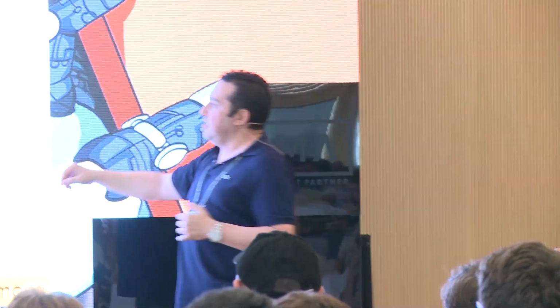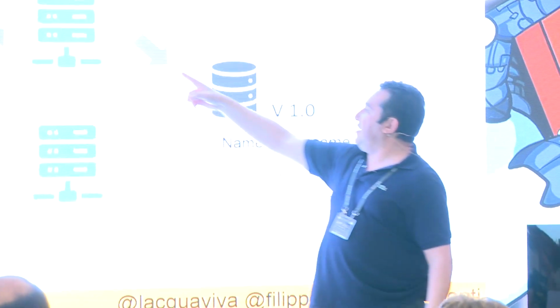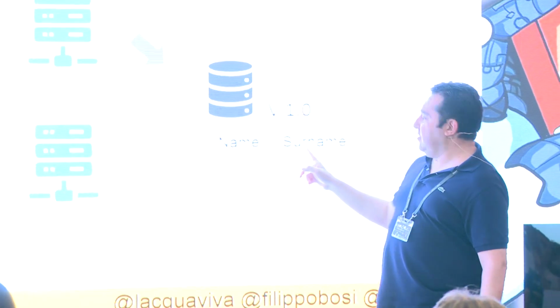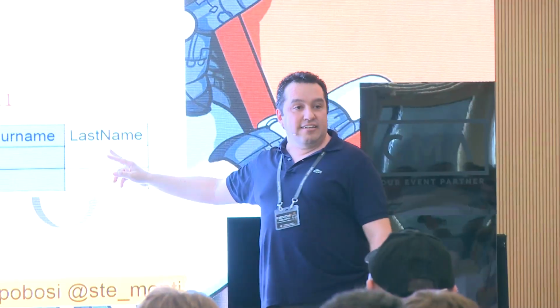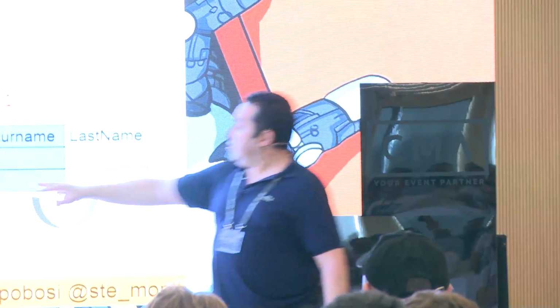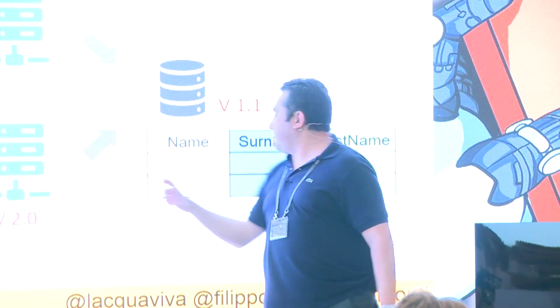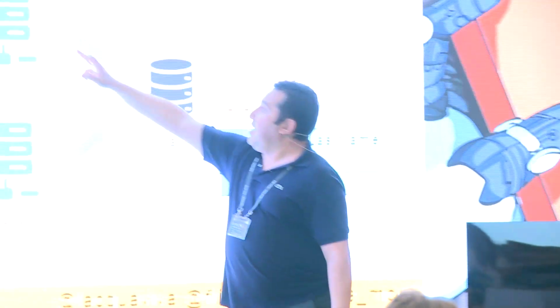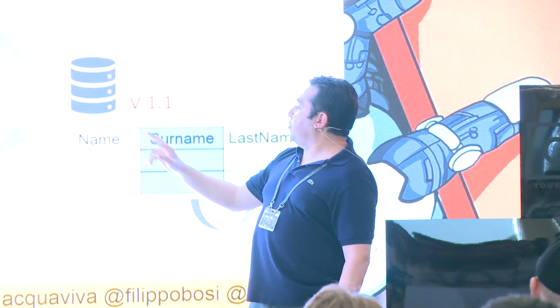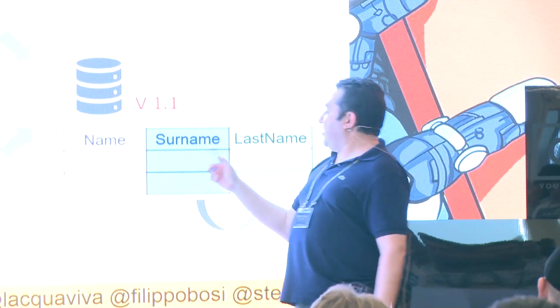This is an example of a zero downtime blue-green and expand and contract deployment with a new version of the database. You have the old version of the application in place, accessing the surname column. Then you expand and add the last name. You put in place version 2.0 that's using only last name, and you update version 1.1 that's accessing surname and last name, keeping them aligned.